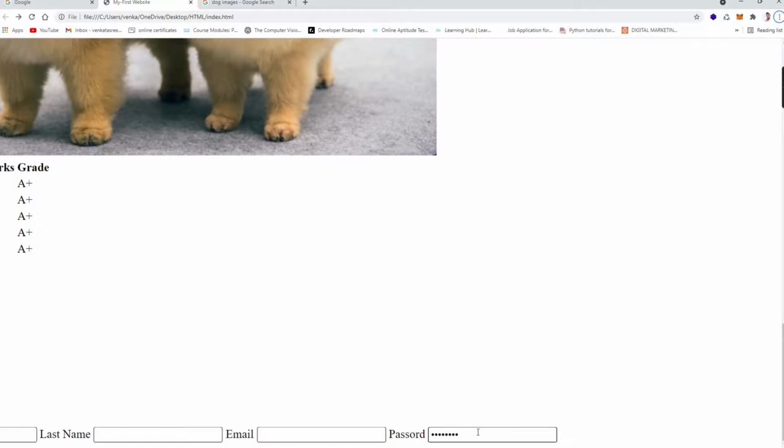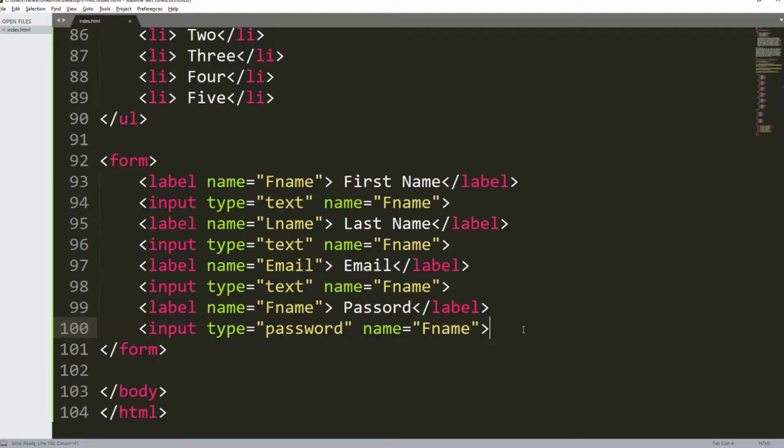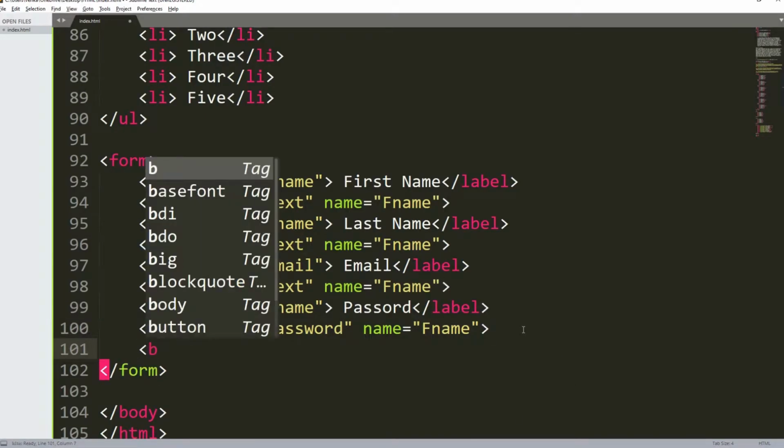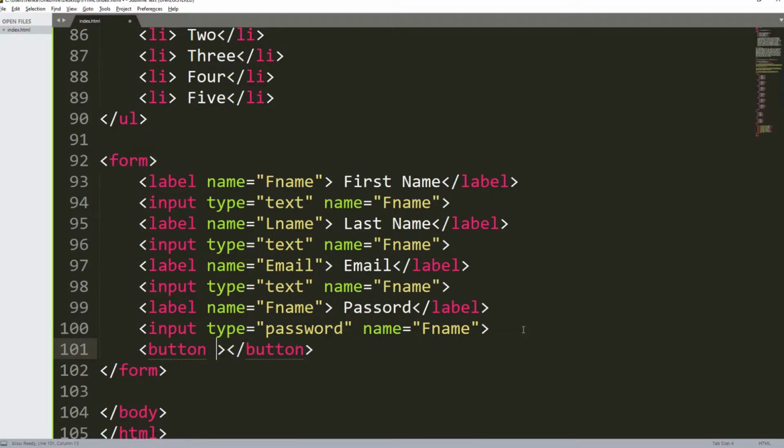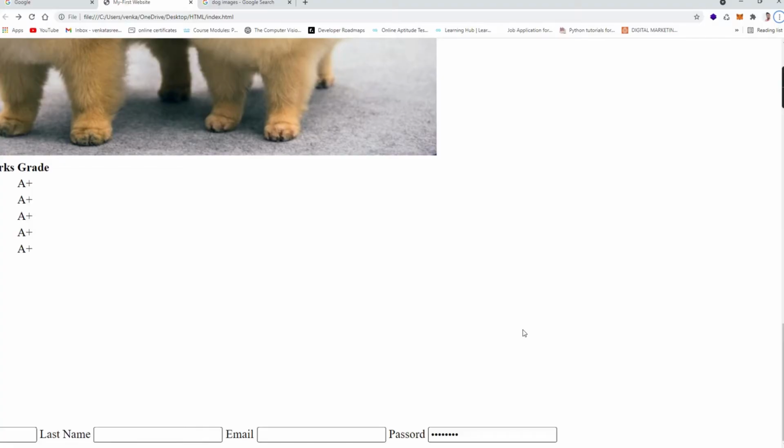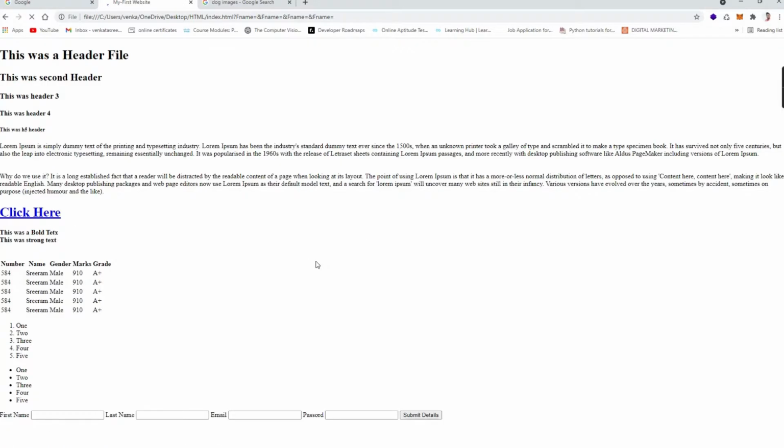Okay, and I need a submit button before this. I need a button, type equal to submit, details. When I refresh that, a submit button has been generated for me.